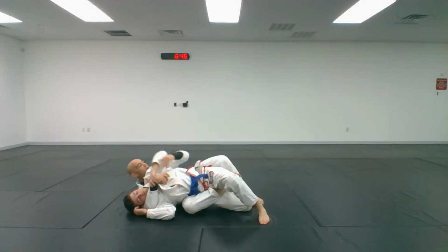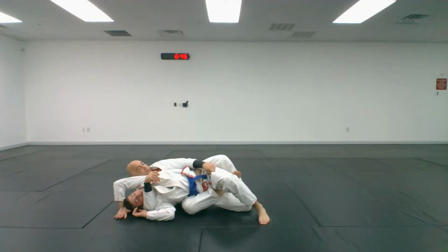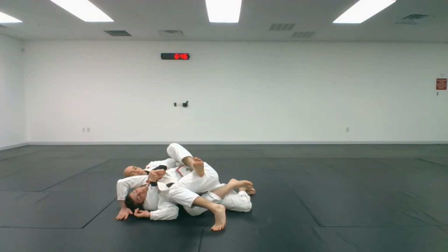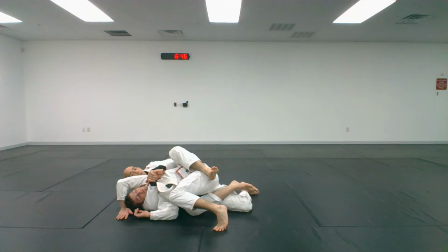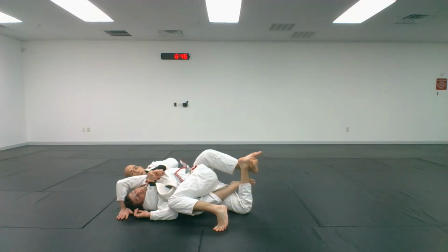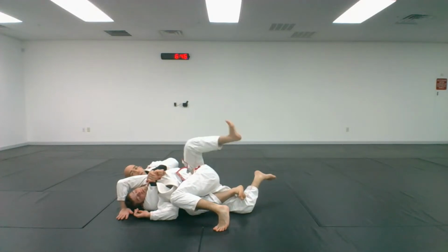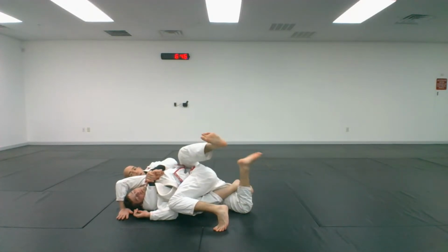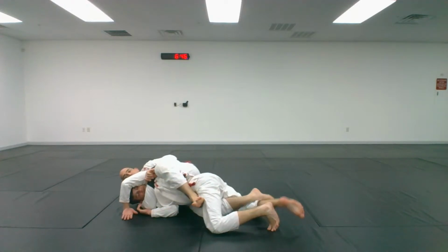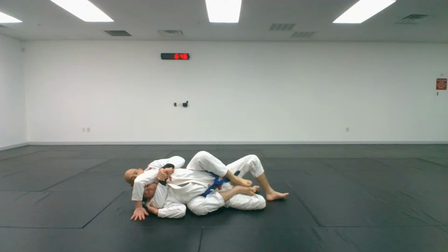So I'm here. Okay? What happens, guys? Very often, you're probably blocked with this leg here. Okay? Making it very challenging for me to actually bring my hook on the inside. Okay? For sure, I can start to feed this bottom leg. Okay? Notice, I'll use my outside leg to hook with my bottom leg. Then I can stretch him out, bringing my foot more into his hip, okay, and getting my top hook in,